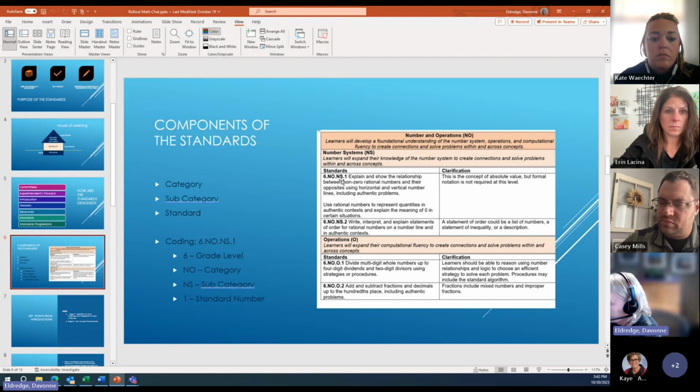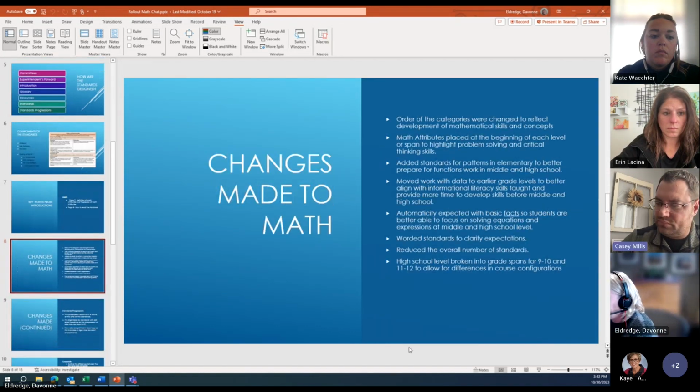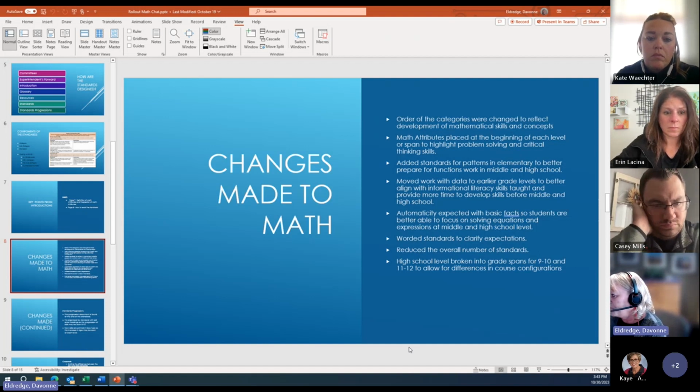The NS refers to the subcategory, and the 1 would be the number of that particular standard. And so the coding system is consistent all the way through the grade levels. Going on, we talk about some of the changes. One of the changes that we made was within the order of the categories that were used for our math